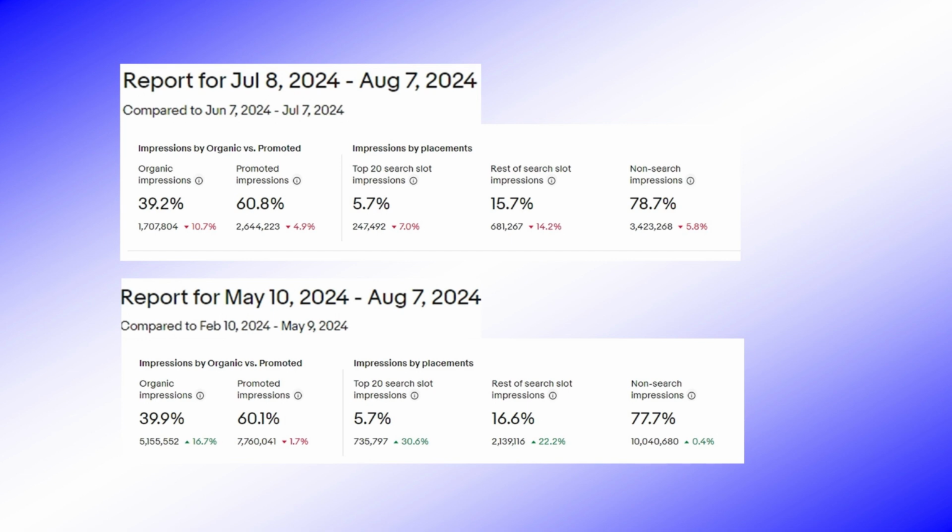Now, looking at those results, it's more encouraging. For organic impressions, they're up nearly 17%. Promoted impressions are down almost 2%, but top 20 search slot impressions are up actually over 30%, and the rest of search slot impressions are up 22%. Non-search impressions are about the same. They're flat. But in the 90-day analysis of the store, compared to the 90 days before that, I'm seeing a